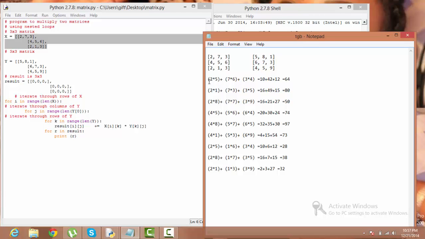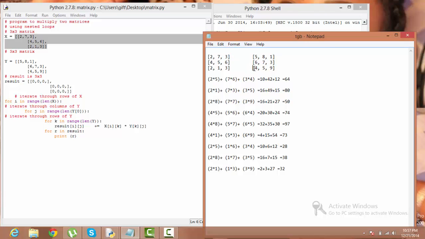The first number here is 2, so we say 2 times 5. This 2 in the first matrix times 5 in the second matrix, plus the second number on the row multiplied by the second number in the column of the second matrix, plus the third number on the row of the first matrix